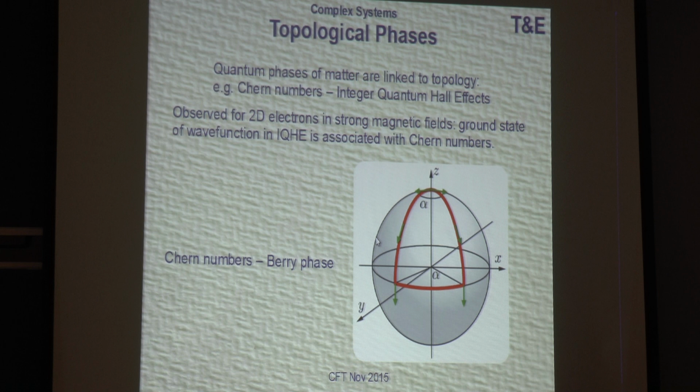Another interesting example are the topological phases. Quantum phases of matter have been shown to be linked to the non-trivial topology of the Hilbert space of our system. For example, the Chern numbers allow us to observe the integer quantum Hall effect. Chern numbers are closely related to the Berry phase, thus to the parallel